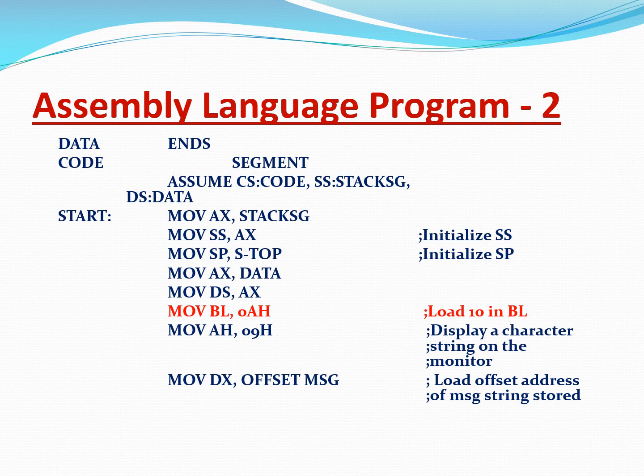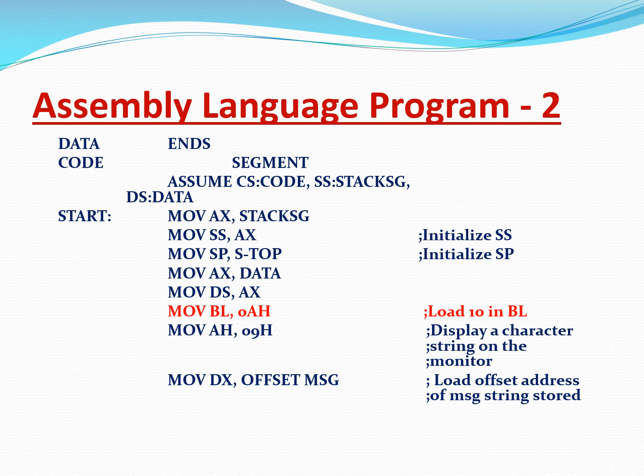Next we initialize the data segment, or the DS register. As we have already seen, we write MOV AX, DATA and MOV DS, AX. Here we are writing the starting address of the data segment into the data segment register. Then we say MOV BL, 0AH. BL is the lower portion of the BX register.